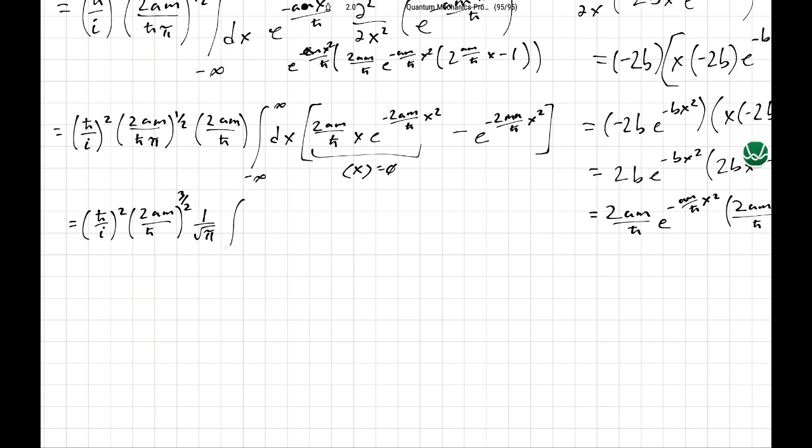And then that's gonna be times that integral dx, we get a negative sign out front, of e to the negative 2am over h bar x squared. This guy,